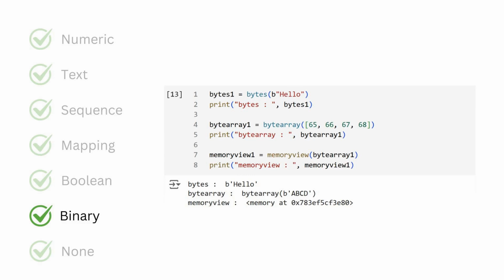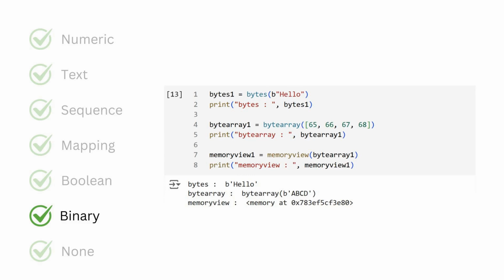Binary data types are used to handle data in the form of zeros and ones, and it is often used when working with files, network protocols, and other low-level operations. Bytes data type can store raw data in binary format. It is immutable. To convert a string into binary data type, the encoding must be specified. Note the prefix b to the string, hello.